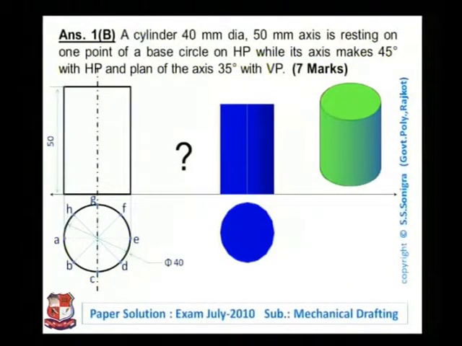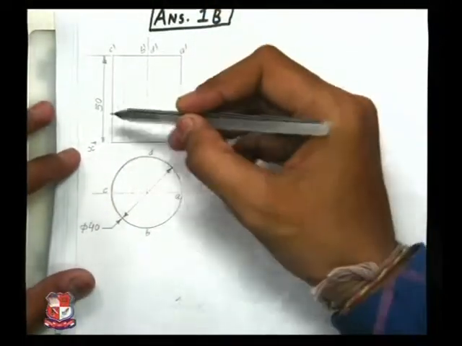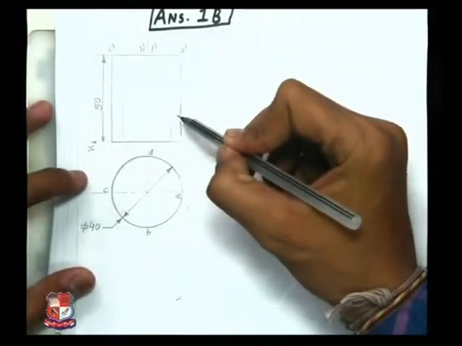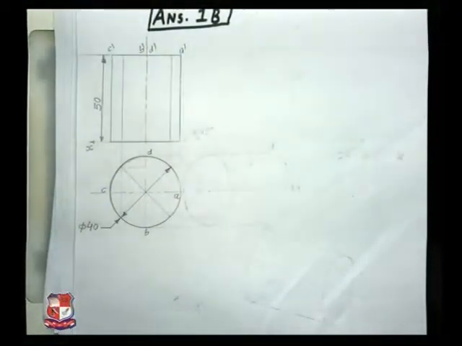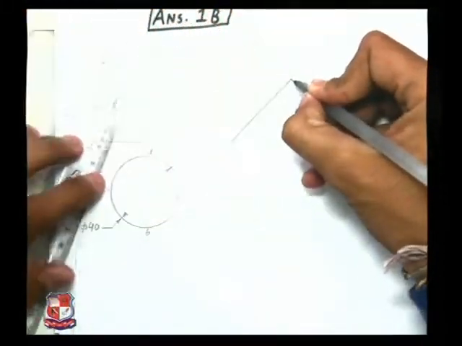So after naming these points, how to draw this front view? To draw this front view, let me have hands-on experience drawing this object. For that, we have to tilt this front view. This is the front view which we have drawn over here, having a rectangle of 50 mm and a circle of diameter 40 mm. Now we have to tilt this rectangle in such a way that the axis makes an angle of 45 degrees with the XY line. So for that, draw a line at an angle of 45 degrees like this.